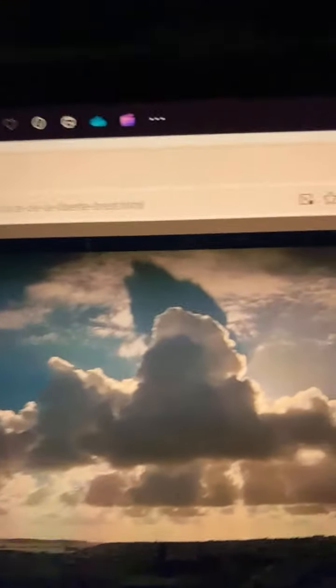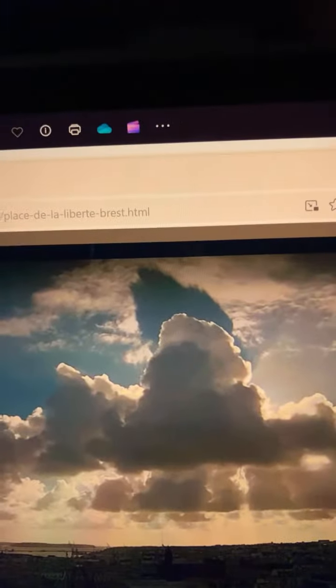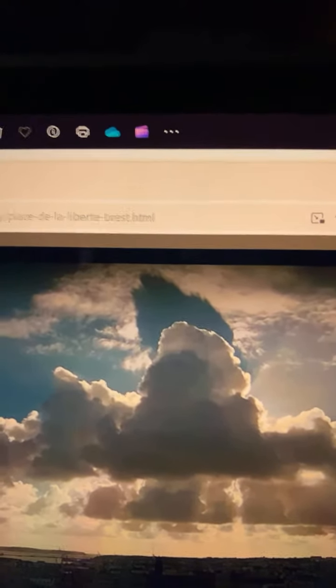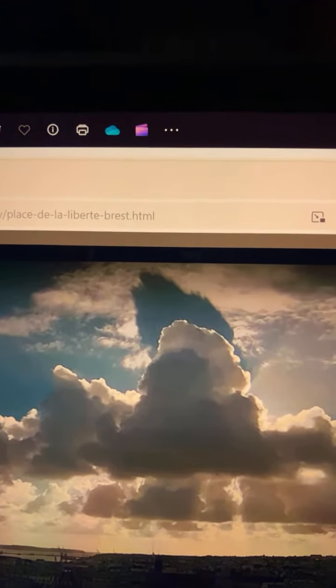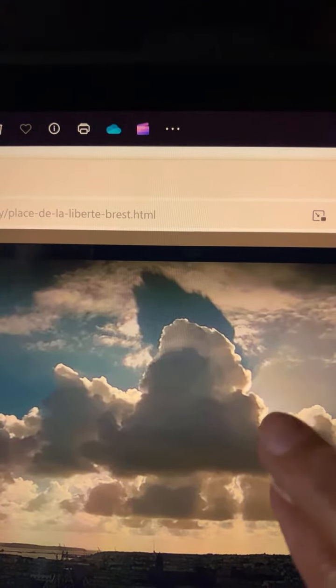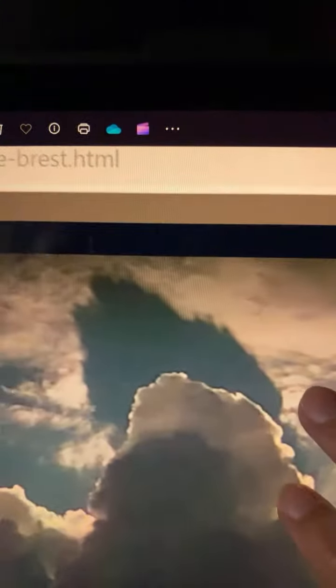I'm going to have to put this thing on here because I wanted to show the shadow in the sky on the live webcam in Brest Hotel. I wanted to do it in landscape mode, but as you can see, it's not letting me, which is a little bit disappointing for me. This is the screenshot that I took, and we're going to go to that live webcam and look. Sky should not have shadows unless there's something in the sky, a solid background. But you can see that ain't even the shape of this cloud.